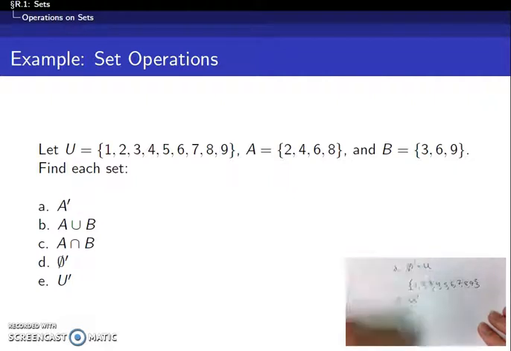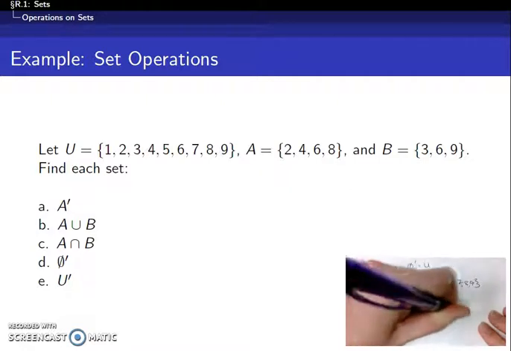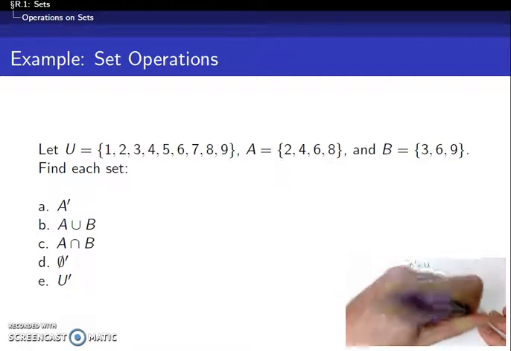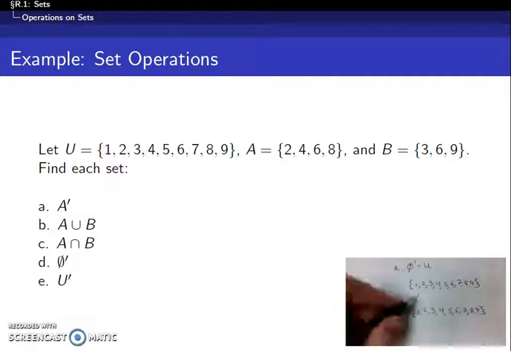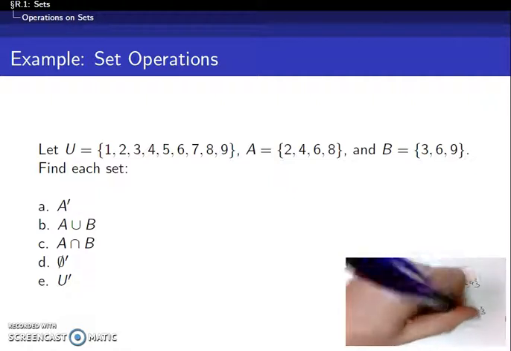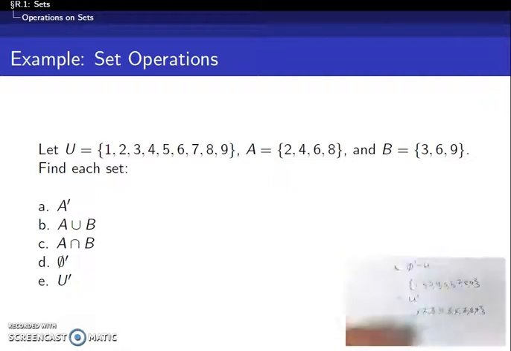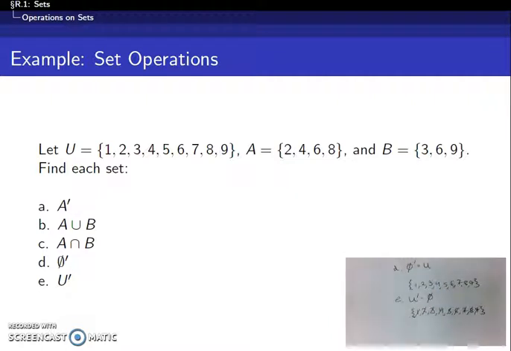And then the complement of the universal set, again, you start off by writing all the elements in your universal set. 1, 2, 3, 4, 5, 6, 7, 8, 9. And then you cross off everything in the set that you're taking the complement of, so everything included in your universal set, which is everything there. So all you're left with is no elements, so the complement of the universal set is going to be the empty set there. So the complement of the empty set is